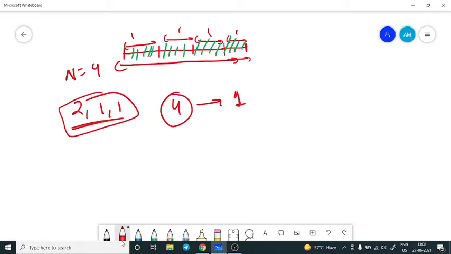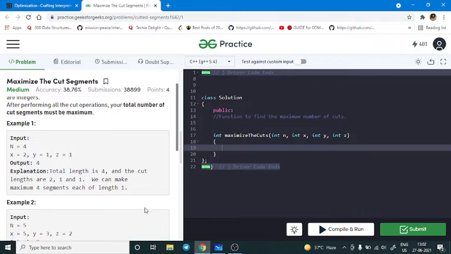Now another interesting thing here is that since we are given x, y, z, 3 cut segments, we can utilize these cut segments any number of times we want. As you can see here, I utilized this one cut segment 4 times, right? So there is no restriction that once we have utilized this cut, I cannot utilize the same cut again. There is no such thing. We can again and again utilize the same cut as many times as we want to achieve our final optimum answer. So I hope that now it is quite understandable what the question means.